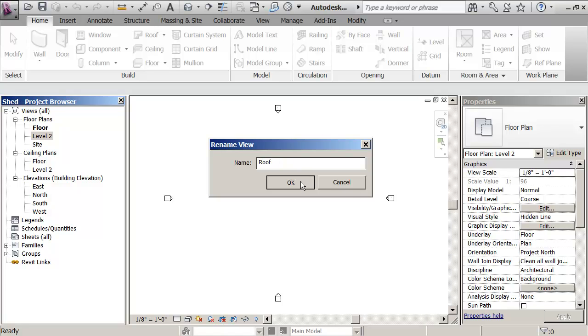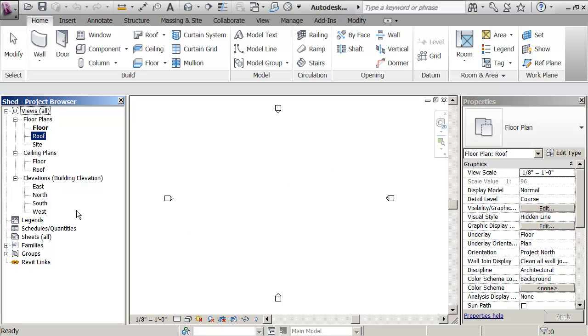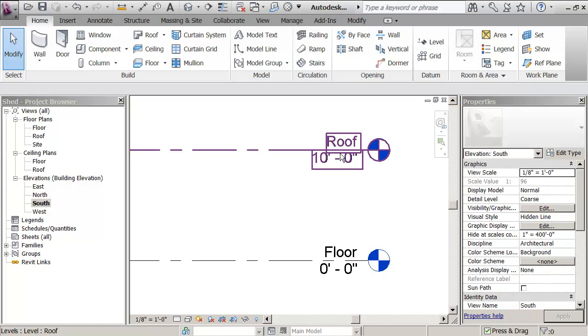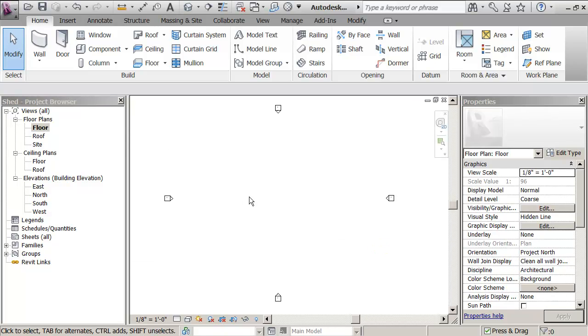If I quickly switch to the south elevation, you'll see that that was what was being renamed in addition to what is shown in the project browser. So if I go back to my floor plan here, actually I'm ready to start drafting. So if I go to the wall command,